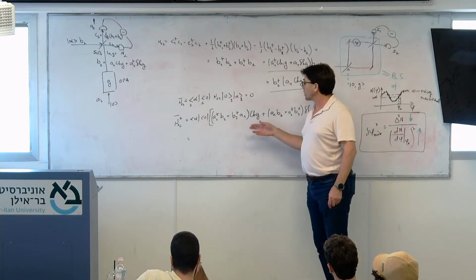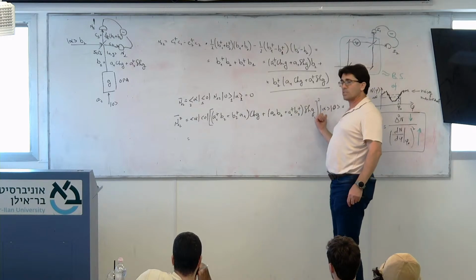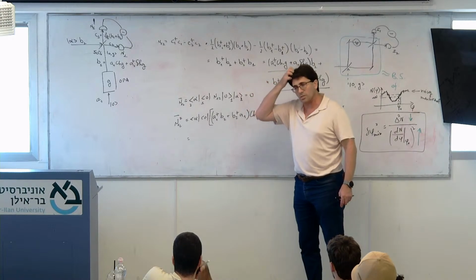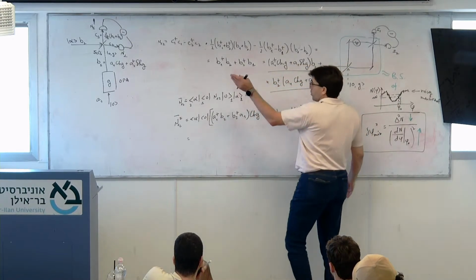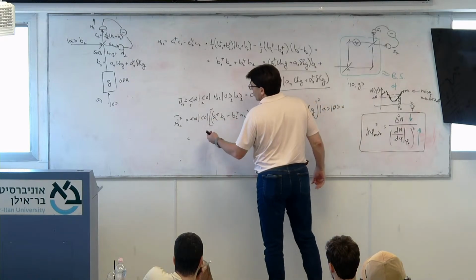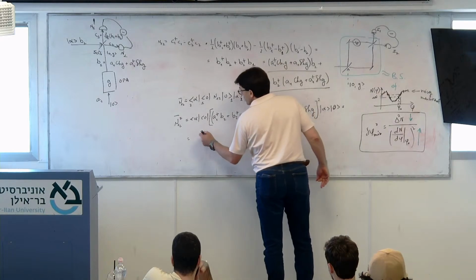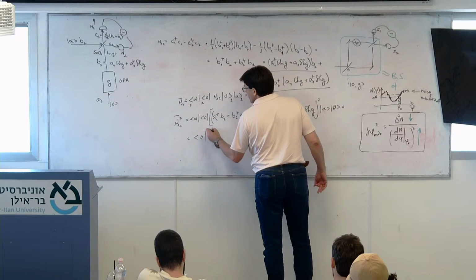And when B2 operates on alpha, it can either operate to this side and generate alpha, if it is B2, or if it is B2 dagger, it can operate to the other side and generate alpha star. So I can just do this. I can throw away the alpha here, and instead of B2, I'll just write vacuum. So this is simply vacuum, and then here we'll have